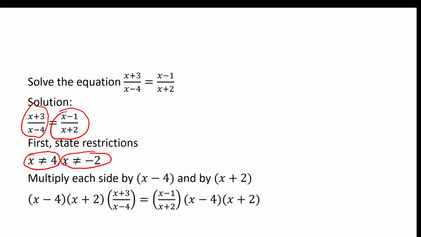So right away, I'm feeling pretty good about myself. Now what I'm going to do is multiply the left-hand side by x - 4 and by x + 2. And I'm also going to multiply the right-hand side by x - 4 and by x + 2. Now you might be curious, why would we do that? Well, check this out. We've got a rational expression of (x + 3)/(x - 4), and we're multiplying it by a factor of x - 4 and a factor of x + 2. If you remember what we said earlier, if I have a rational expression and one of the factors of the denominator